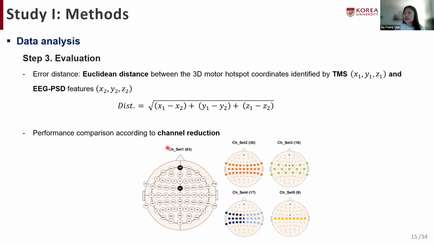Furthermore, we also investigated the impact of the number of channels on the error distance. We repeatedly performed the analysis by gradually reducing the number of channels, in particular focusing on the channels attached to the motor area. Note that channels denoted by different colors in channel set 4 here, you can see the different colors noted according to the hemispheres. So channel set 4 represents those selected on the contralateral motor cortex for data analysis